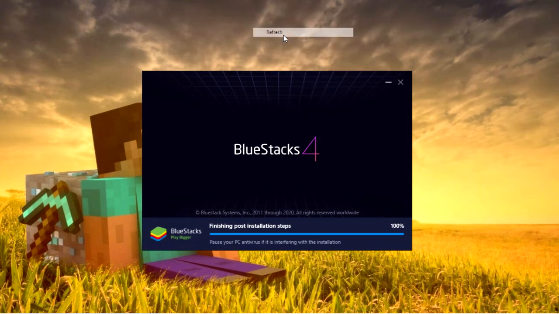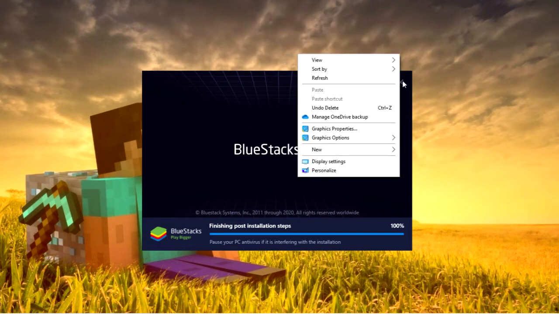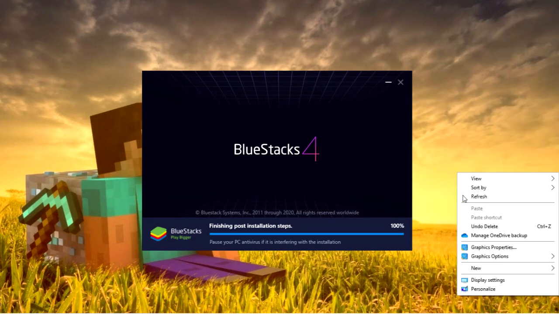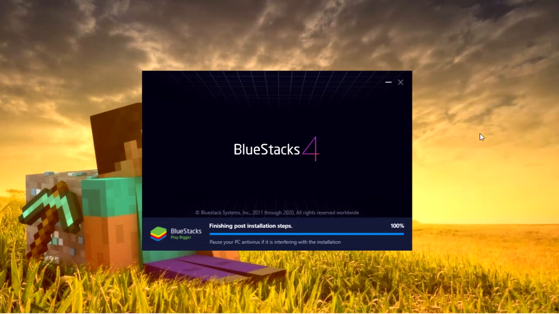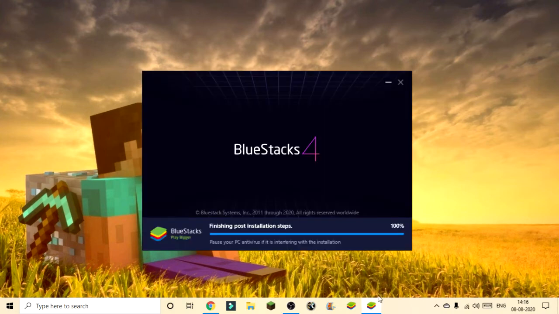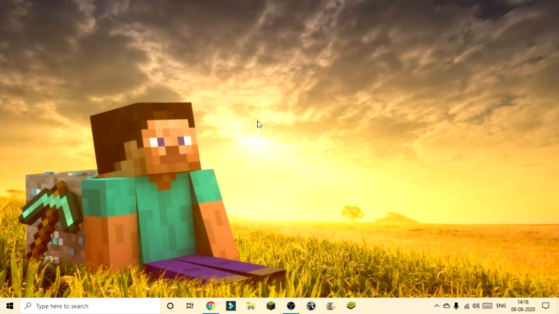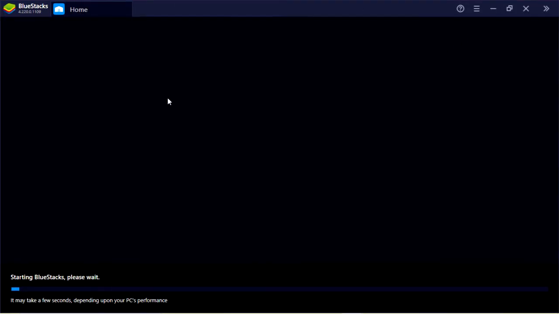You can refresh in the middle, guys, so just keep on refreshing. It will take time. Just remember that it will take a lot of time to load. Once installation is complete, it will launch the BlueStacks app. On your first launch, it will take time to load depending upon your PC.